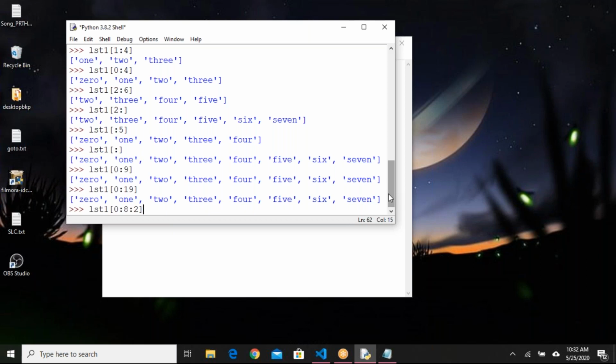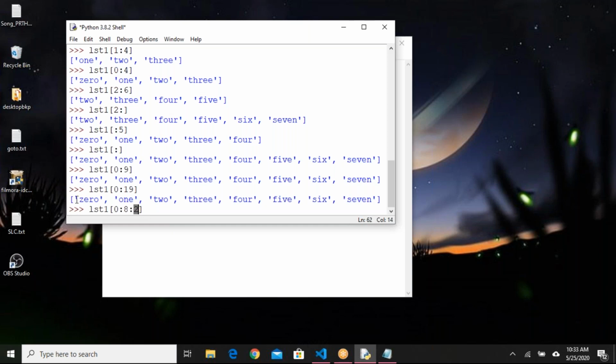In this scenario, first the starting and ending index part will be evaluated, 0 to 8. So when I say 0 to 8, these are all the elements that will be included, right? Next, I said jump index as 2.